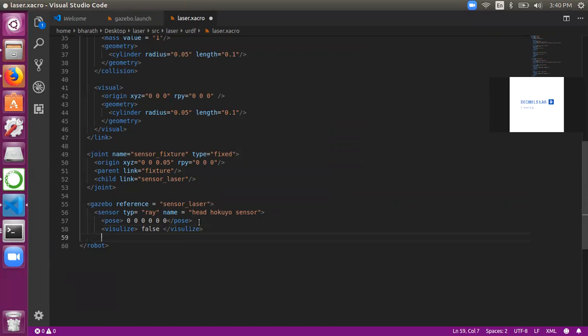Okay. So next let's type in the update rate. So the frequency at which data is being updated. So let's type in rate 20. So some particular value, update rate. And then in terms of the ray, we need to define the ray parameters. So what is the scan area? What is the length of the ray that would occur and all. So just type in